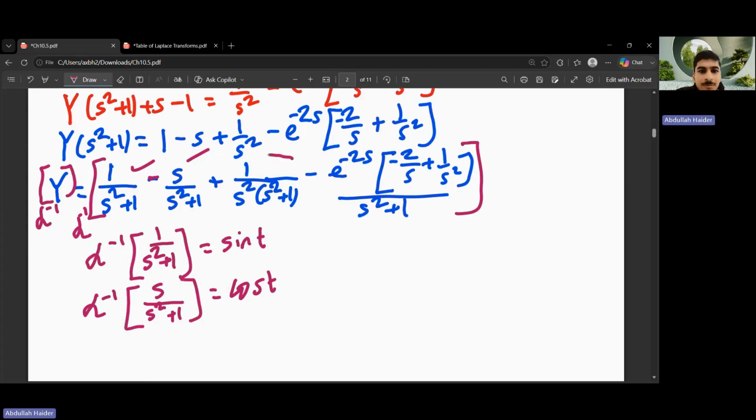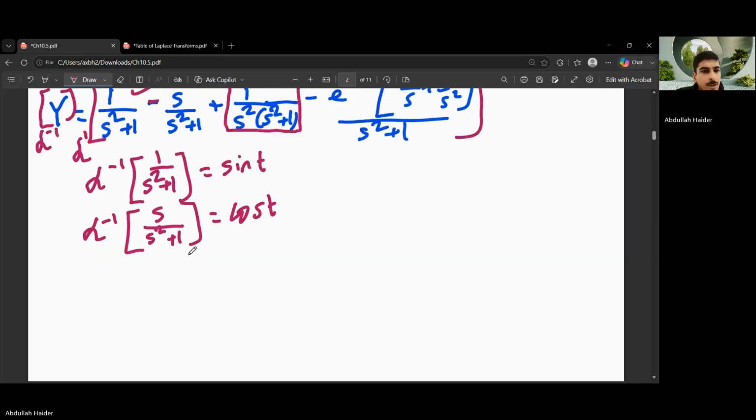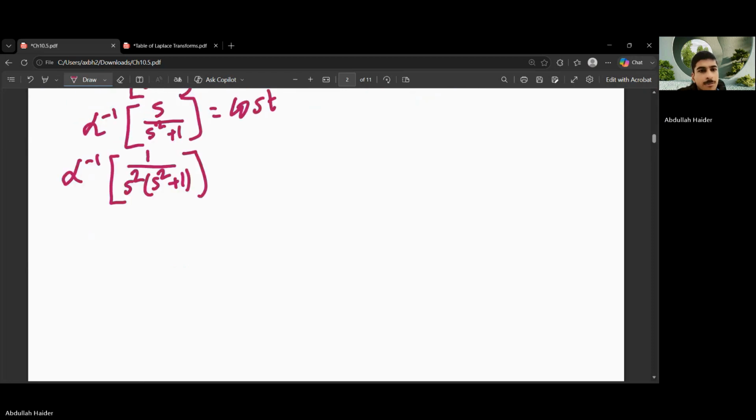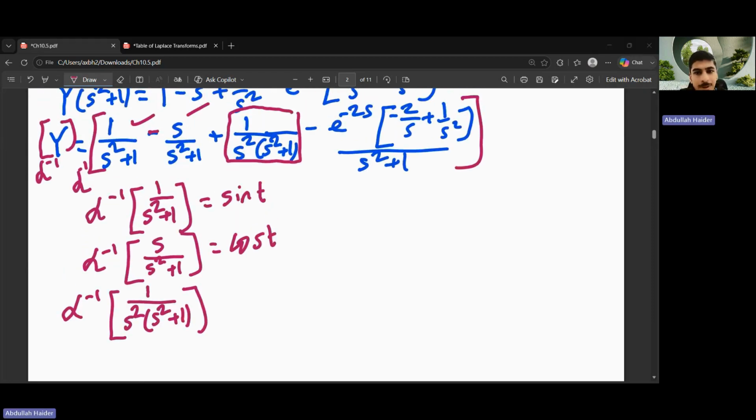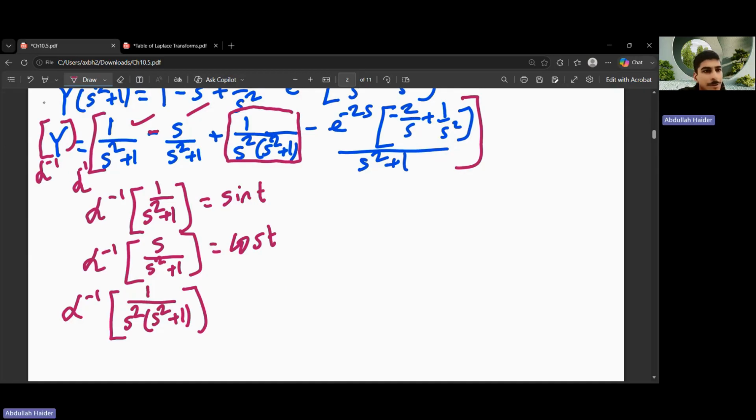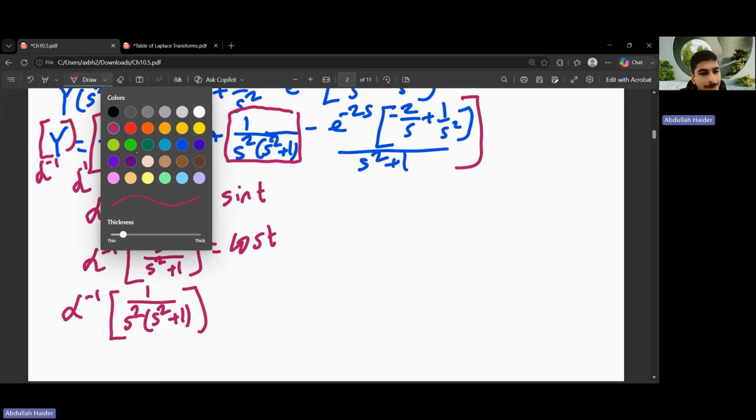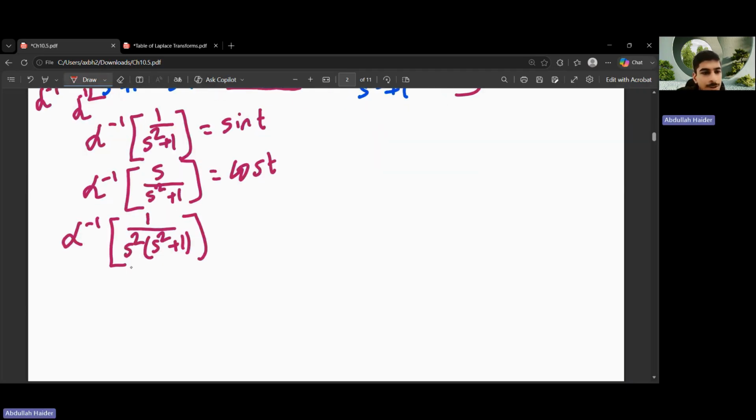So we need to find the inverse Laplace of this, the inverse Laplace of 1 over s squared times s squared plus 1. Yes, this is going to be long. This will involve partial fractions. If up till now you were not expecting that, well, it has arrived. And you should know that 1 over s squared times s squared plus 1 is the same as